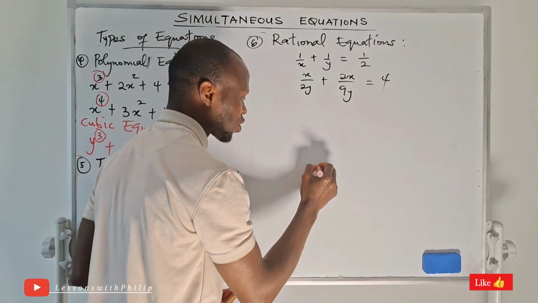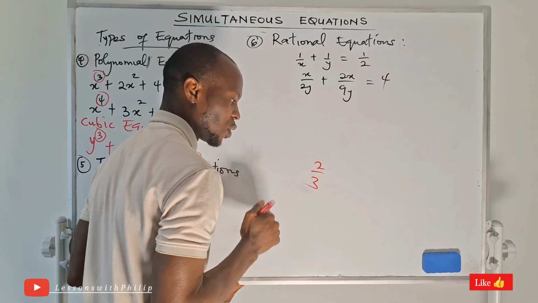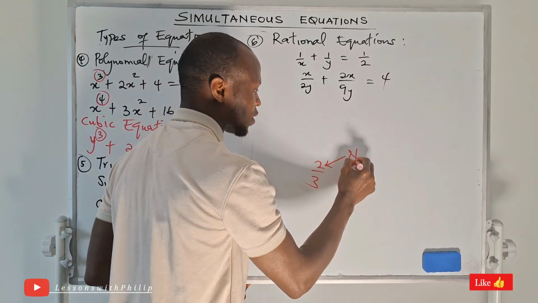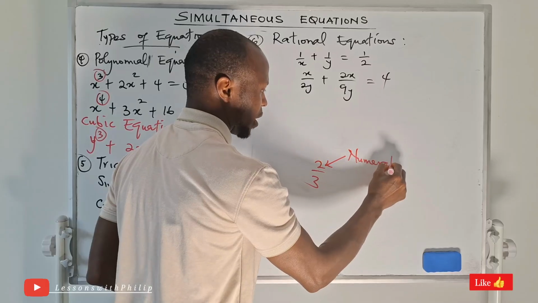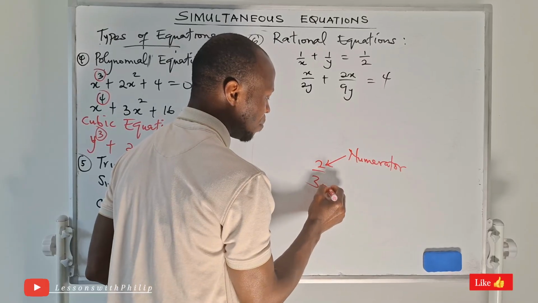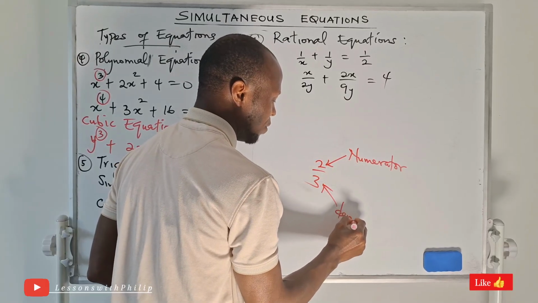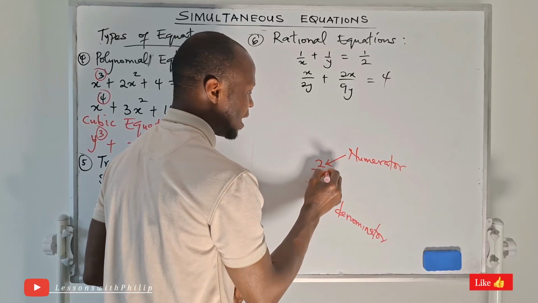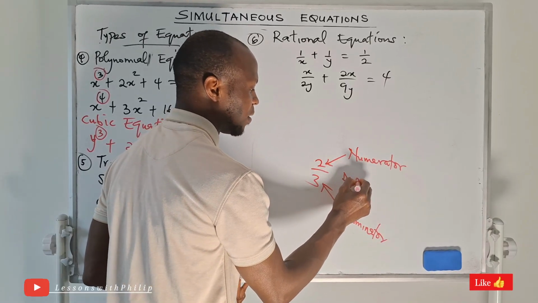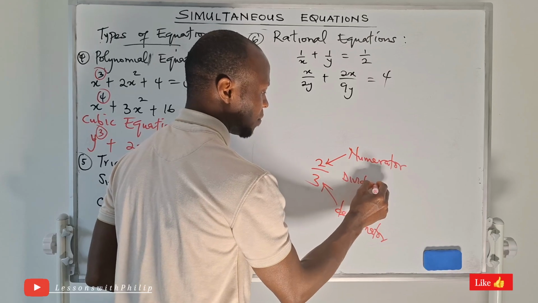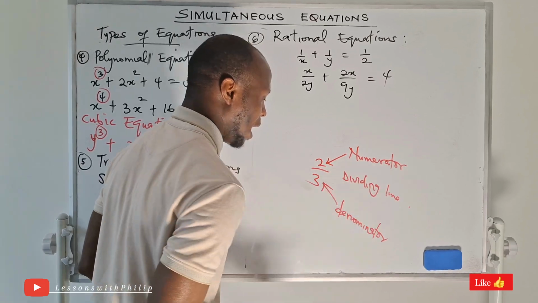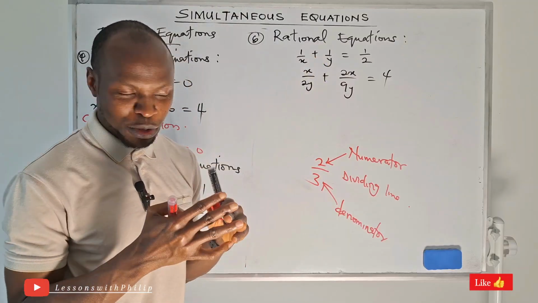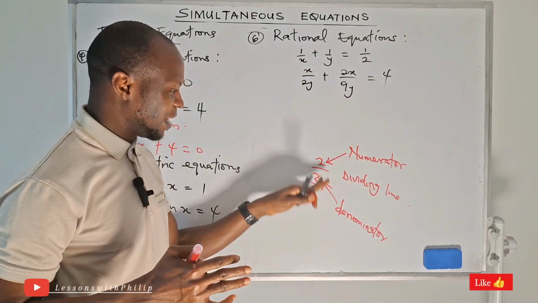Now, when you have a fraction, supposing I have 2 over 3, anytime when you have a fraction, the number at the top is known as numerator, while the number at the bottom is known as denominator. And this line is known as dividing line. Okay? Now, when you have variables either as the numerator or as the denominator, such equations are